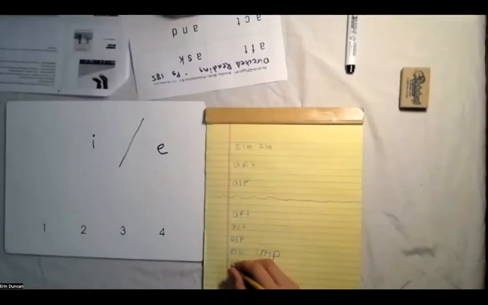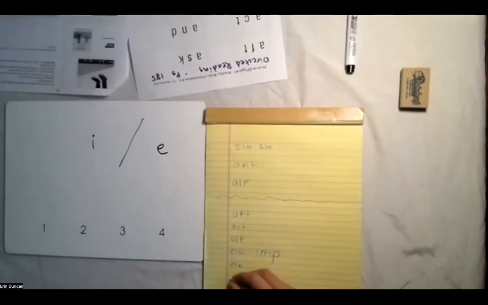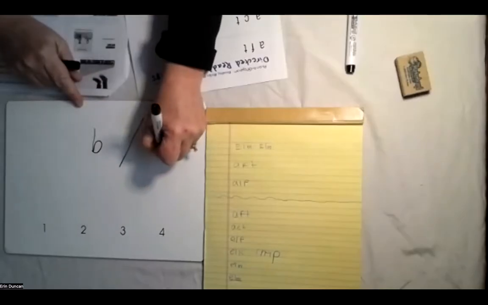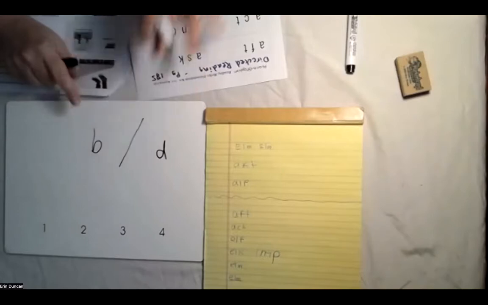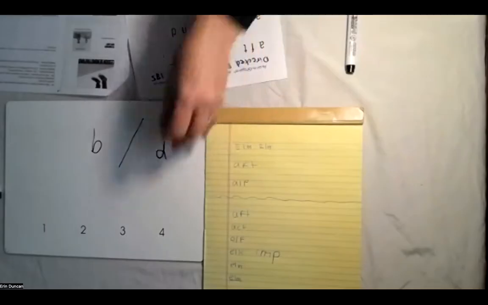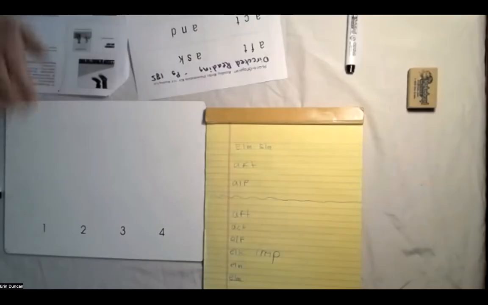Let's hear it. I'll just write it again. Pretend we hadn't done it. Let's hear it. Elm. Great. Elm. You could do the same sort of thing with b and d. You could put them out here and say, this is b, this is d. Our words are going to have some of those in there. So when we're ready to write one, let's choose the correct one first. It's just a good way to practice that and really be driven by the sound first and get a chance to sort out these very similar looking symbols or very similar sounding sounds.